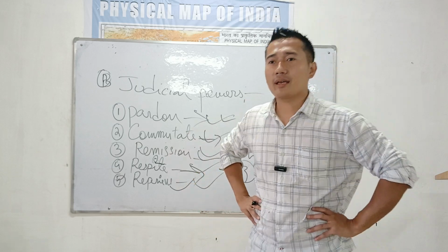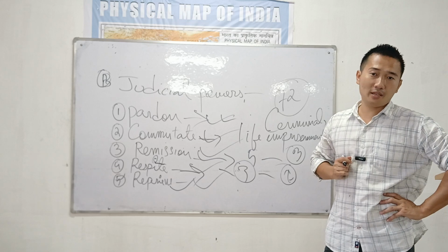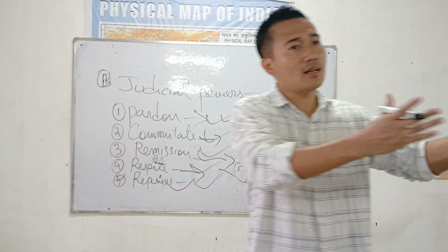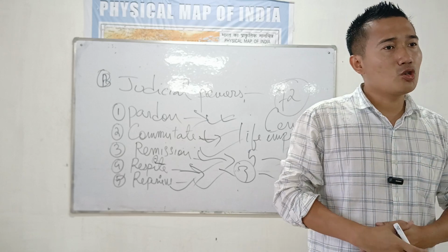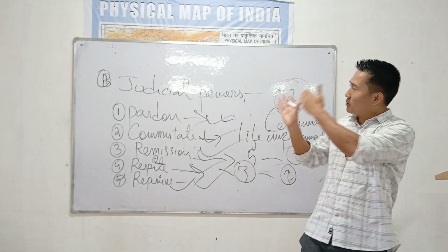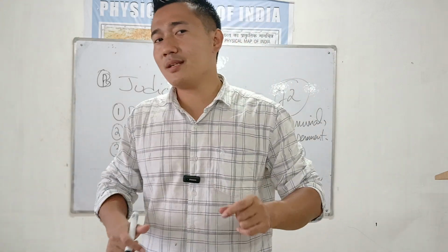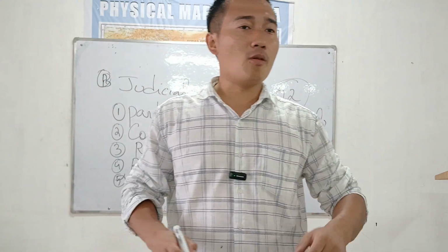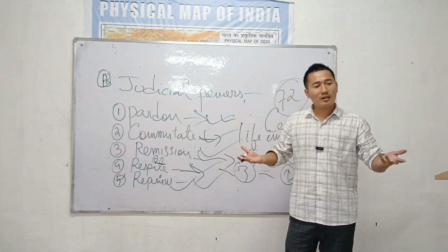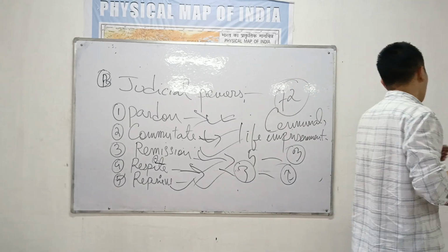And remember, again, the President has the power to seek the advice of the Supreme Court anytime, because we all know the President is not an expert in law. So he can ask the advice of the Supreme Court anytime, anywhere. But that advice is not binding on the President. Because the President is not an expert in the field of law, he will take the advice of the Supreme Court, but it is not binding. He will take it if he wants to, or if he wants to reject it, he will reject it.